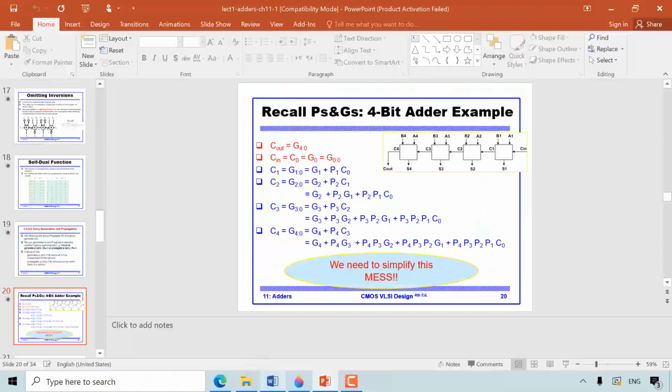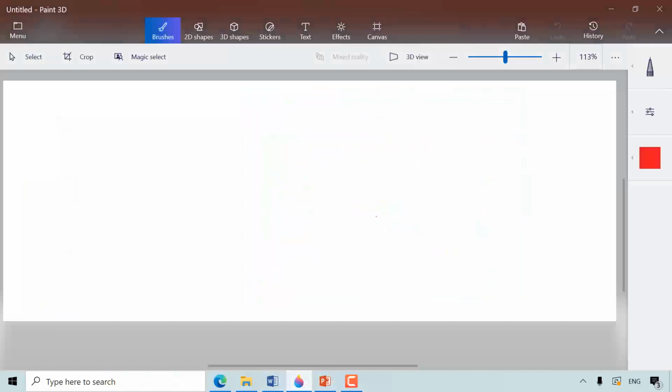You see, for a 4-bit adder, to generate the C4, I need a 5-input OR gate. The first here is G4, and then an AND gate here with P4